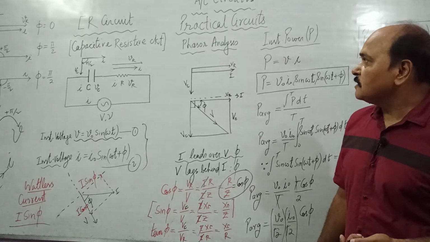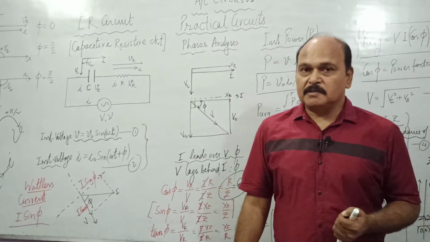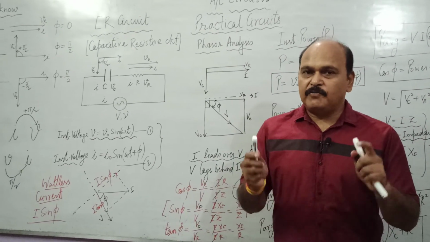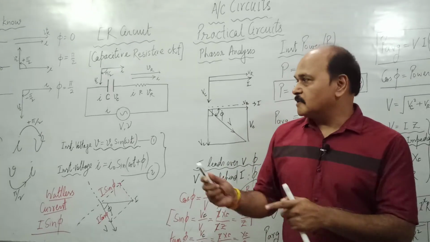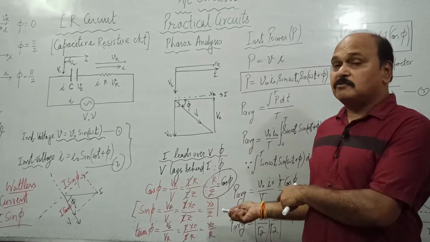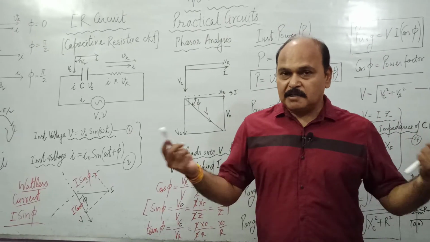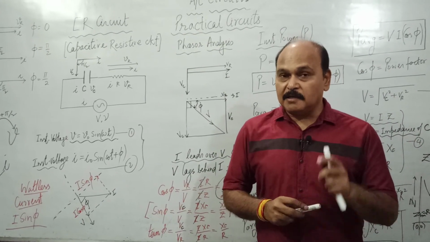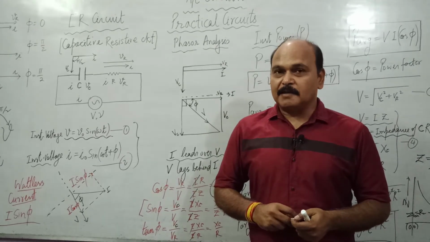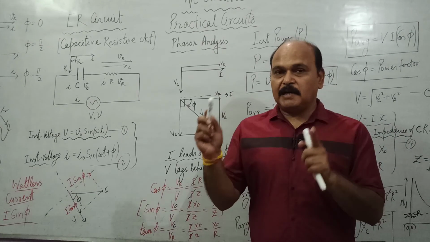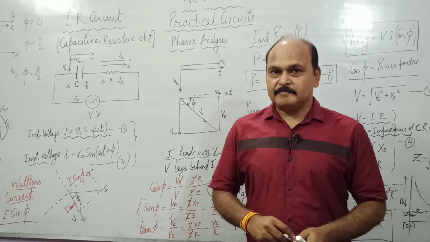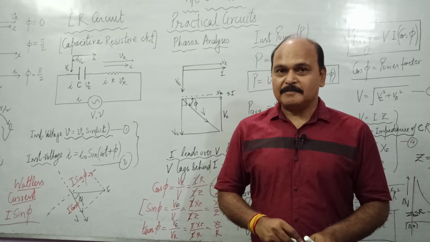So this was the CR circuit before you, children. This is very, very simple. If you have understood the LR circuit, you can understand the CR circuit also, and if you have understood the CR circuit, you can understand the LR circuit also. In the next class when we meet, we'll study the third and final partial circuit, and that is going to be the LCR series circuit. So until we meet again, goodbye.